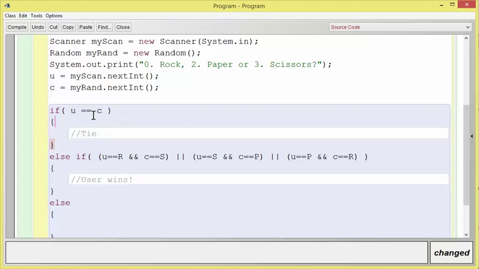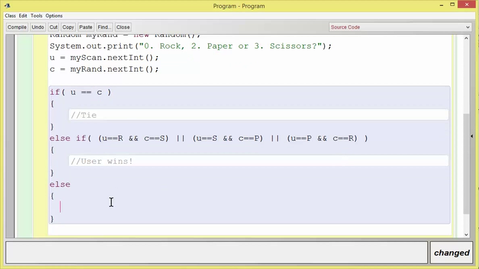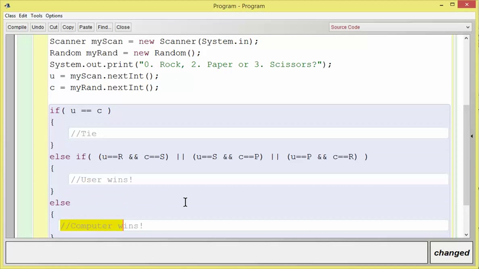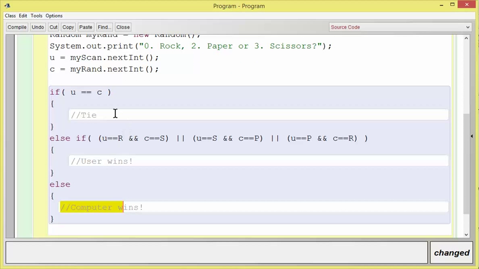Now, if it's not a tie and the user did not win, then we can assume that the user lost and that the computer won. So I don't have to put any kind of checks down here, since there's only three outcomes. Now, of course, I'm going to put some things out. I'm going to say System.out.println is a tie, or System.out.println user wins, or you win, and our last, computer wins, in order to end this. But this is a good example of how to use if, else,